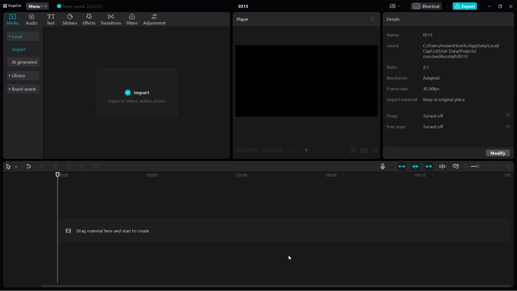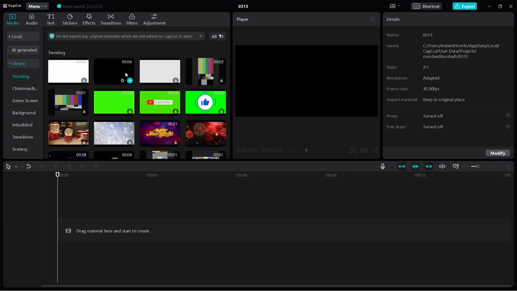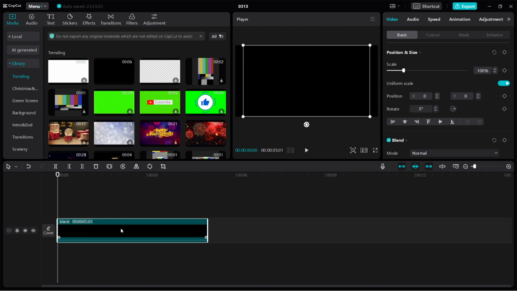In this video, I'm going to show you how to make text transparent in CapCut on PC. So the first thing you want to do is add in a black background, and the way you do this is by going to Media up here and then click on Library, and then over here you can see the black video. What you do, you just simply drag it in your timeline,